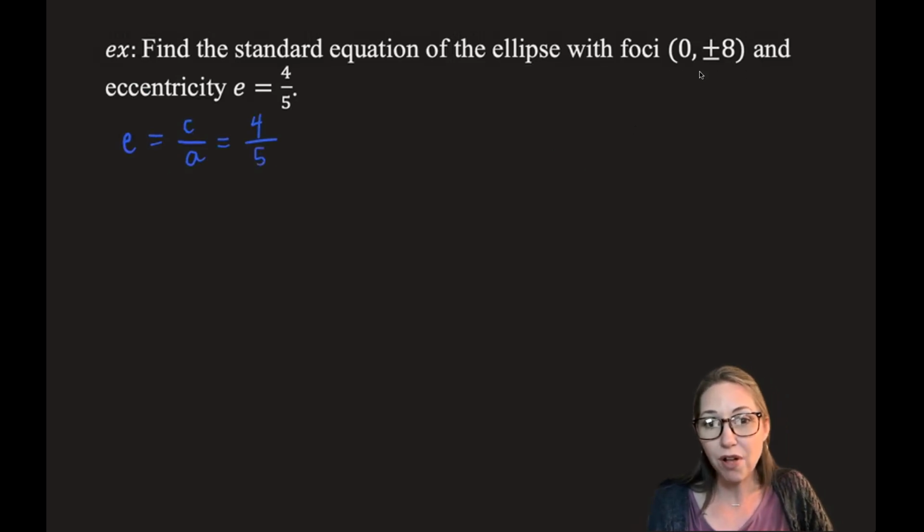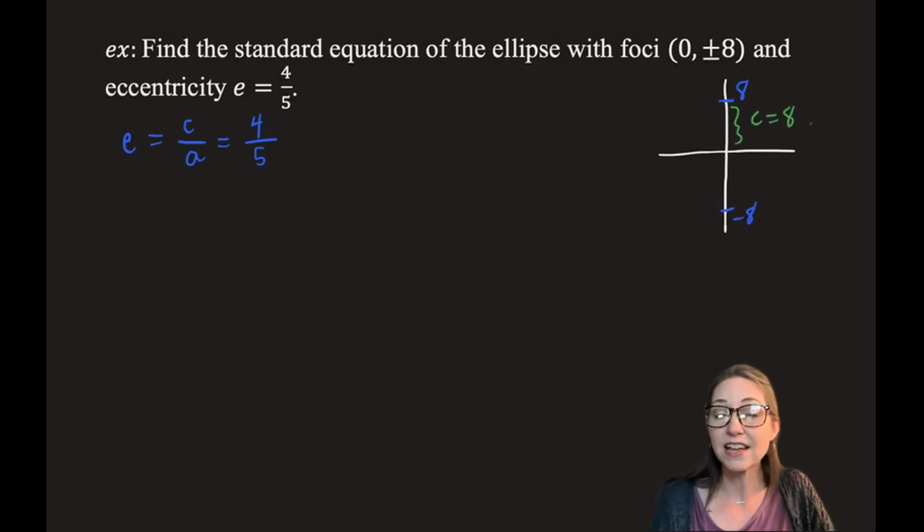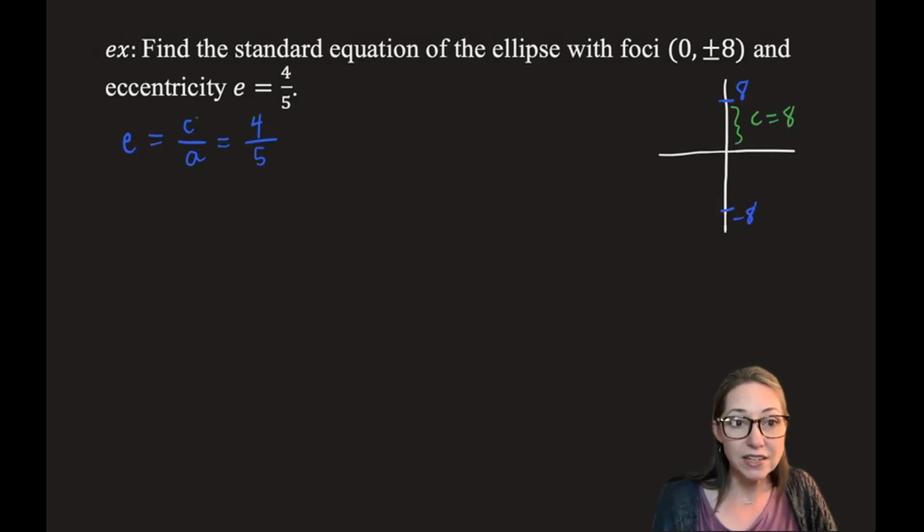If you plot these points, 0, plus or minus 8, you quickly realize that those are on the y-axis. 0, 8 is up here, 0, -8 is down here. And that's a way of telling us C, because C is the distance from the center to a focus. So C is 8. We can substitute that value in for C to get 8 over A